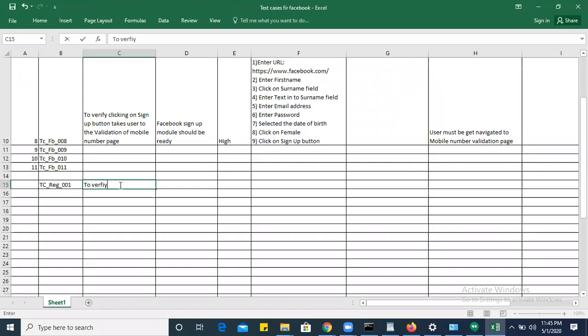To verify the username field accepts only characters of maximum length 30, right? So I'm checking here that the username field accepts only characters, maximum of length 30.